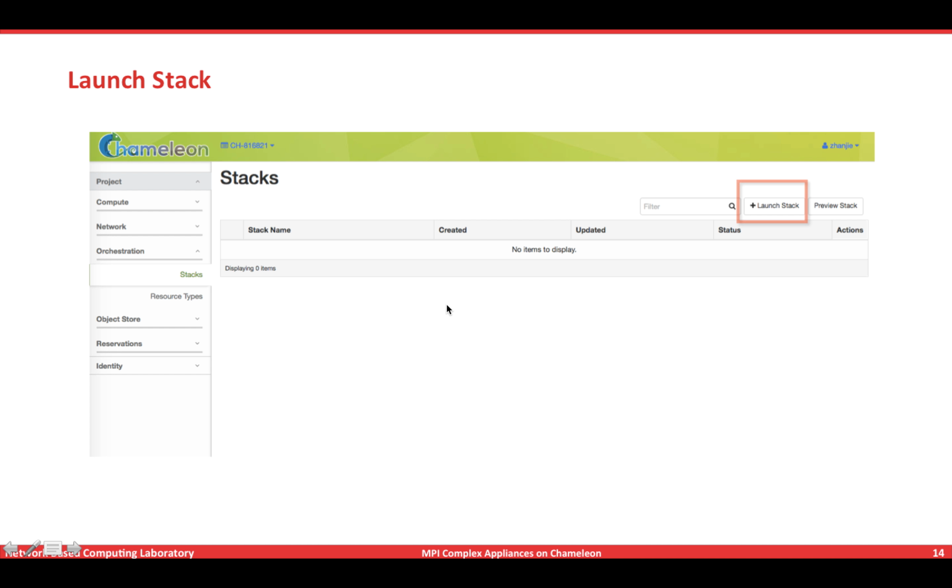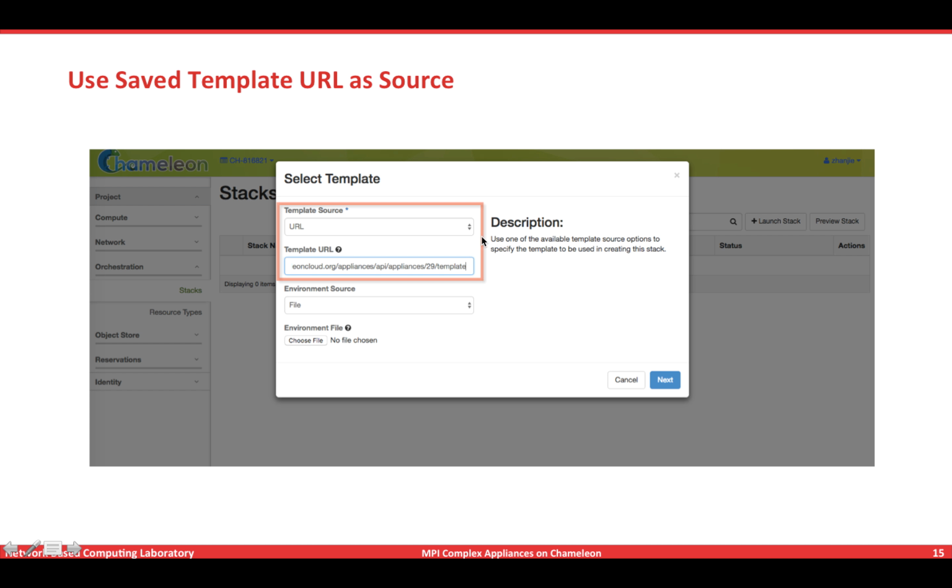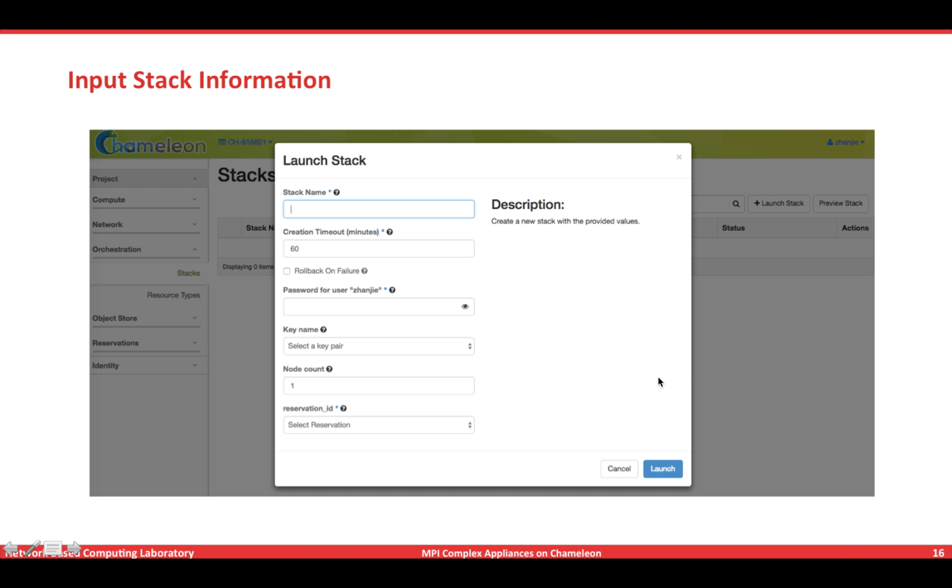Okay, the next step is to launch a stack based on the complex appliance you just selected earlier. There's a button called Launch Stack in the Stacks web page. If you click the Launch Stack button, in the drop down box there are different ways of getting the template source. One option is through URL. If you select URL and then paste the earlier saved template URL here, then click next, the system will automatically interpret the template file and construct this